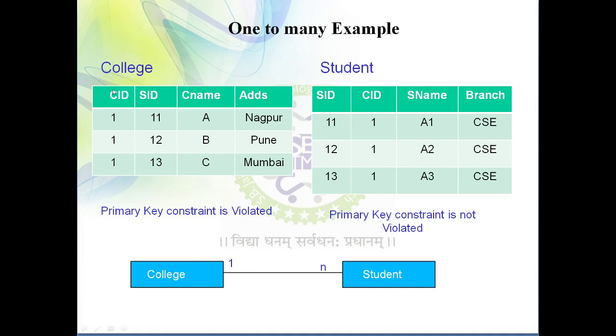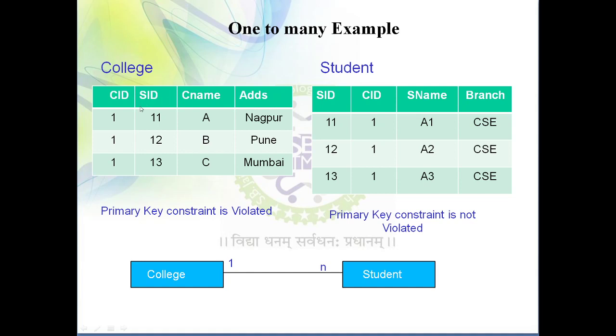So in this case what you observe, college id is repeated, whether it is allowed. So in my college table, what is the primary key? College id is a primary key, so primary key attribute will not be repeated. So this is not allowed. Means adding student id to college table is not allowed. Why? Because here primary key constraint is violated. And how do we come to know that primary key constraint is violated? Because repetition of value is not allowed in the primary key, but here primary key value is repeated. College id 1 is repeated thrice. That means we are not allowed to add student id into a college table.